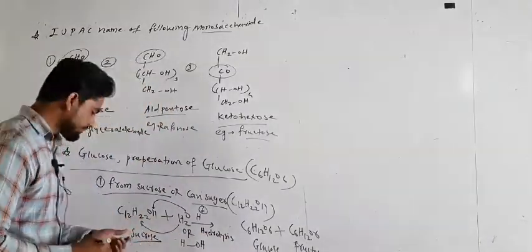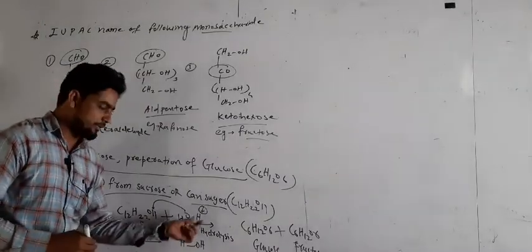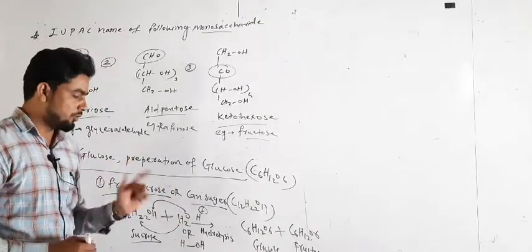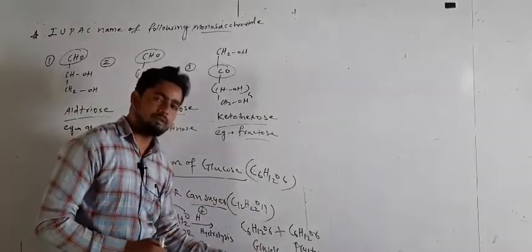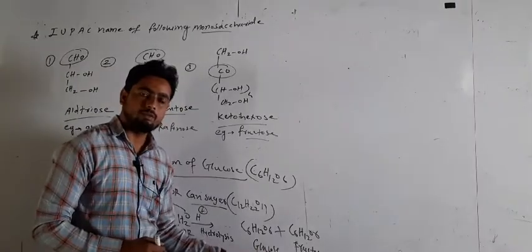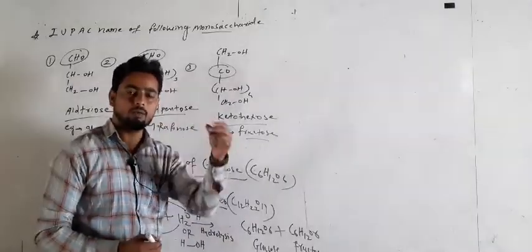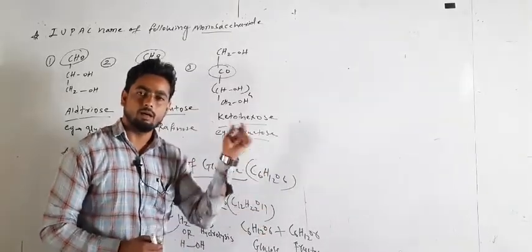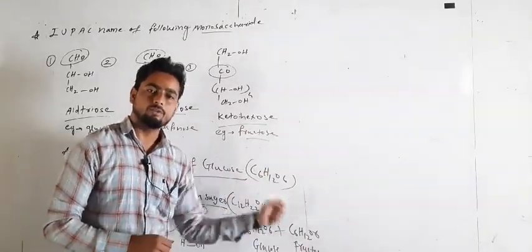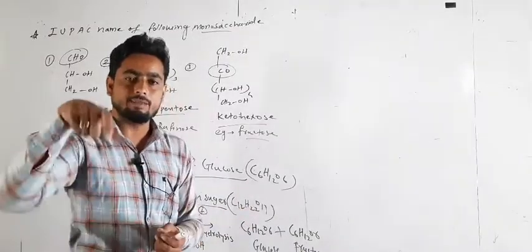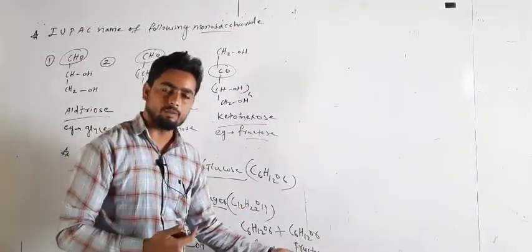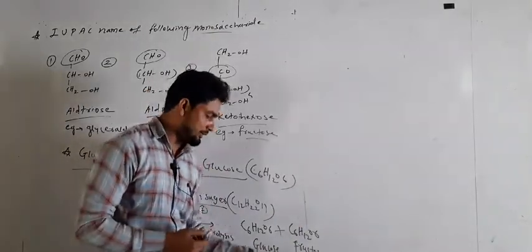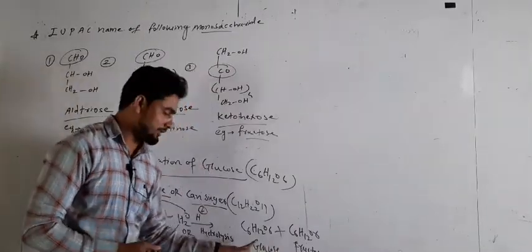So when sucrose undergoes hydrolysis in presence of acid, first it forms glucose and fructose, but glucose is what here? The impure. So when this glucose fructose mixture is added into the alcohol solution, glucose is insoluble in alcohol, but fructose is soluble in alcohol. When we filter this mixture of the two components and what here? The alcohol. So first filter out what here? The glucose and second what? Fructose. That's why. So first we take the glucose here.